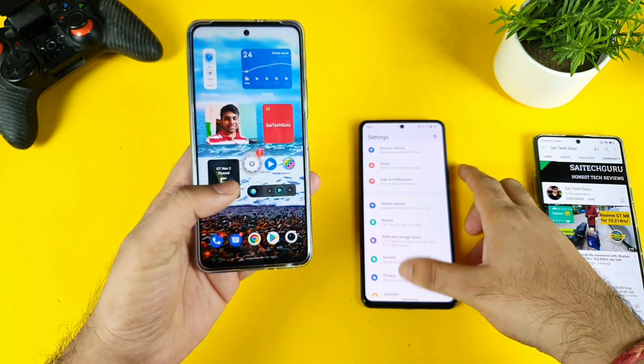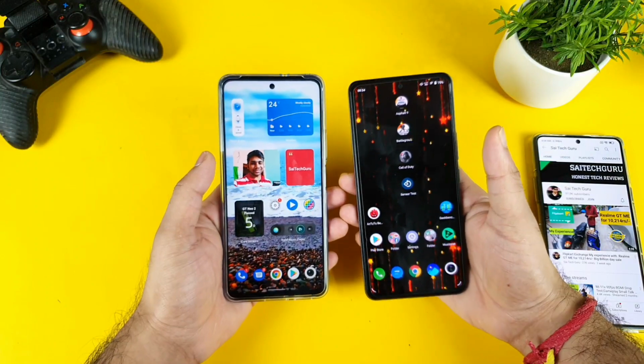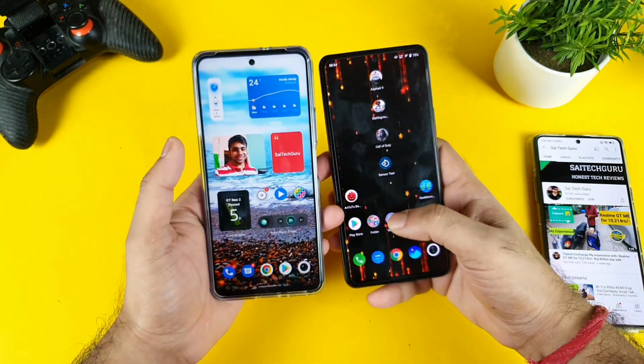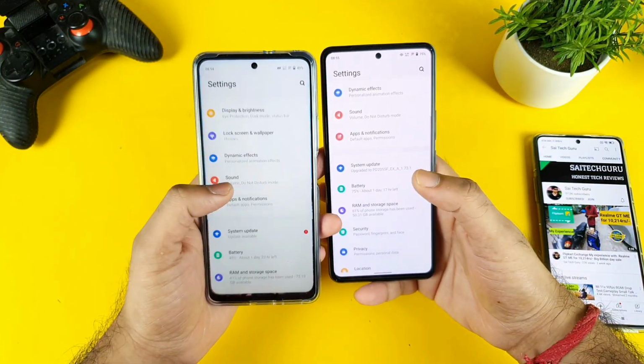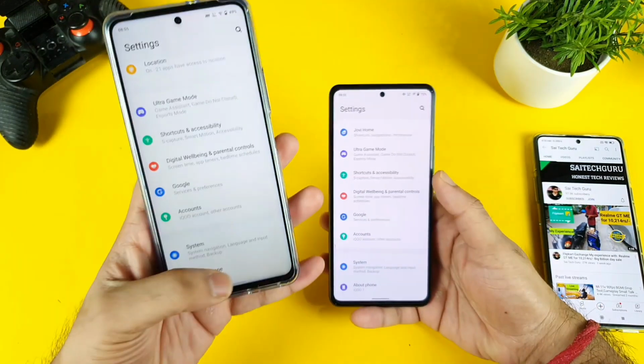That's it, friends. These are my top 10 features which I thought of addressing, in case you're planning to buy the phone or if you already have it. So don't worry, FunTouch UI is going to be really fun, and these are my favorite features which I did like in FunTouch UI 12.